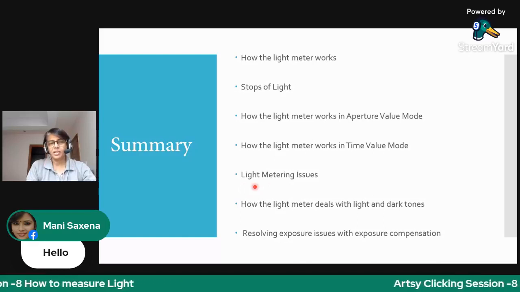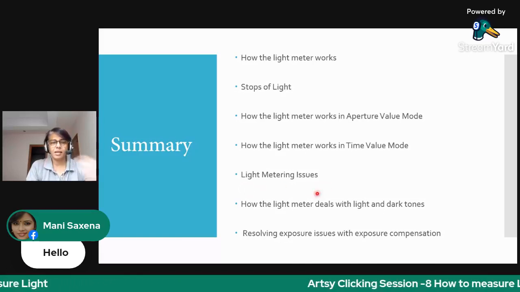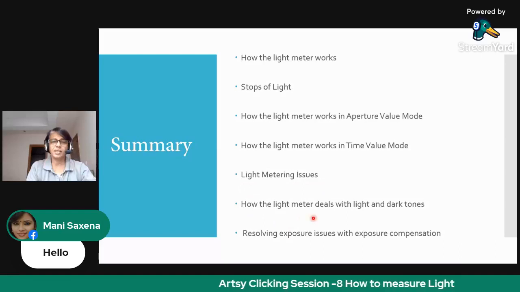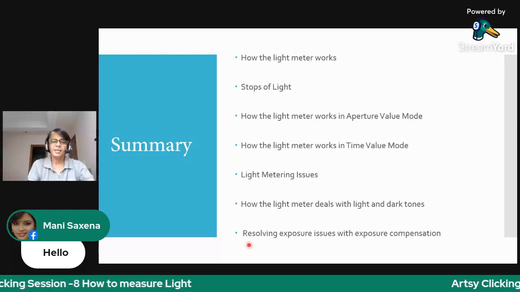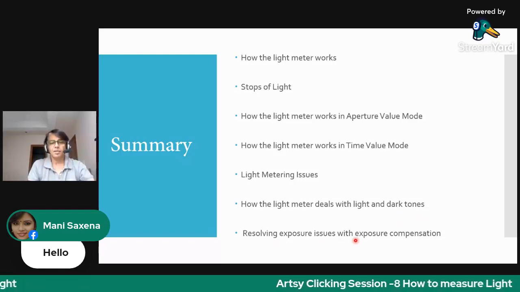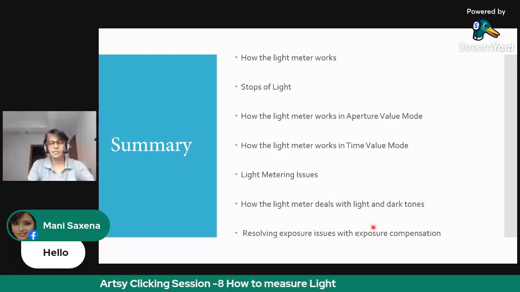We have understood light metering issues. We have understood how the light meter deals with light and dark tones or lighter and darker scenes. And we have learned to resolve the exposure issues for brighter and darker scenes by using exposure compensation.